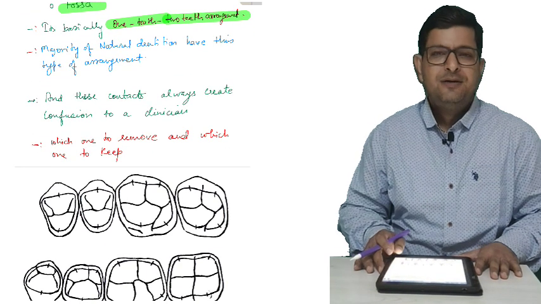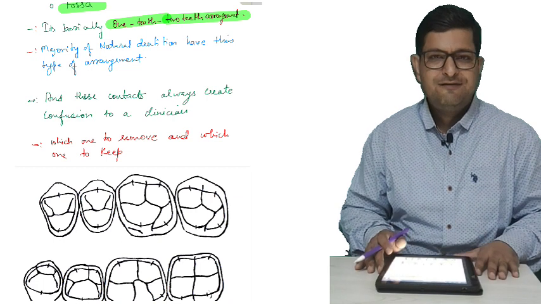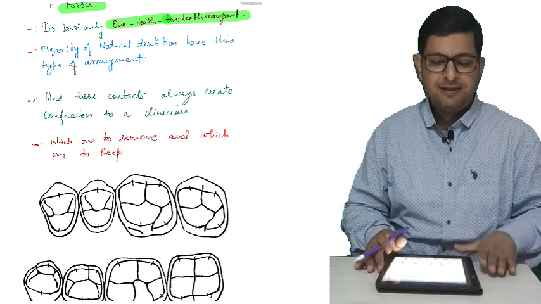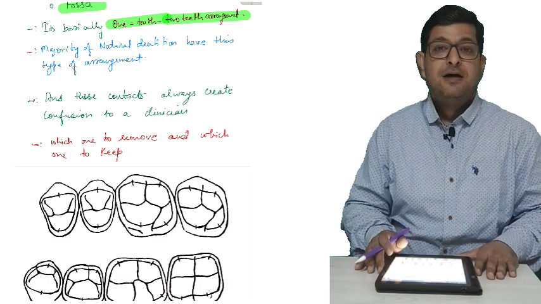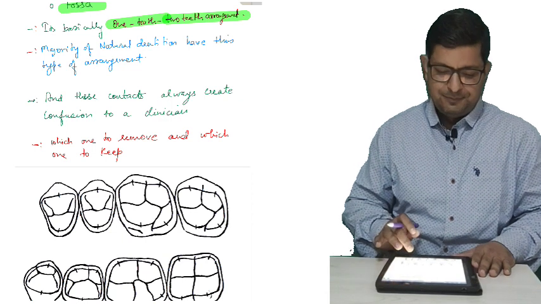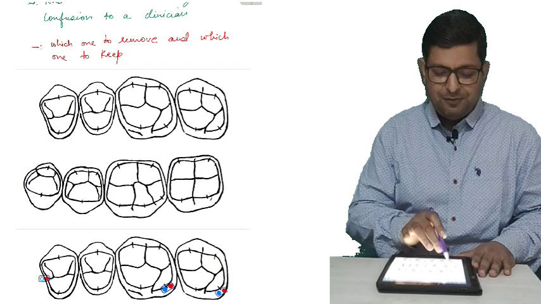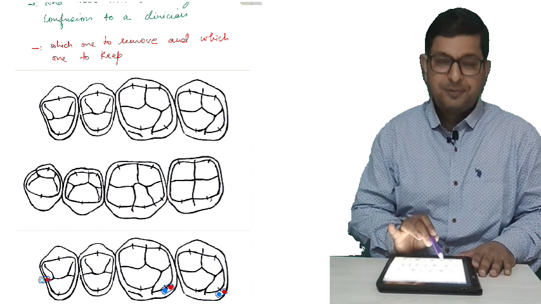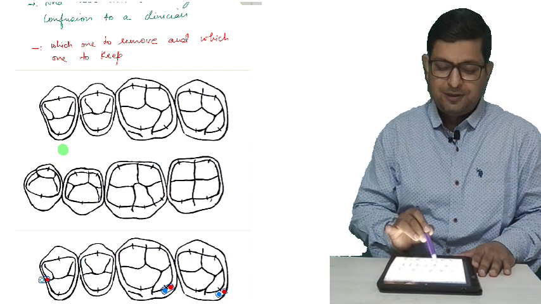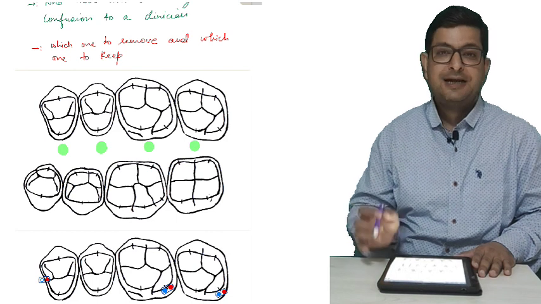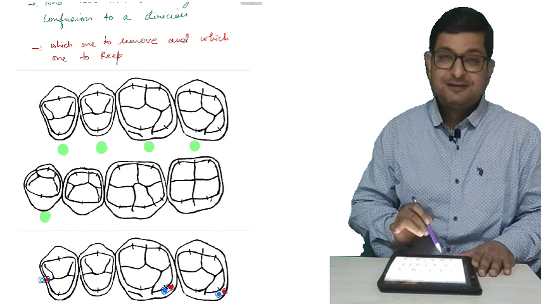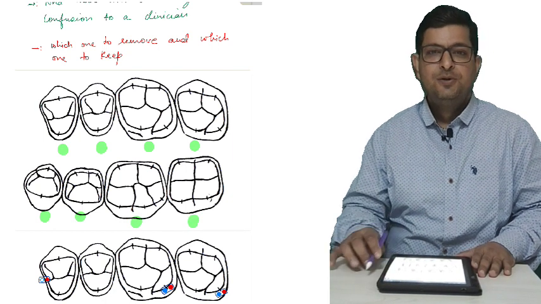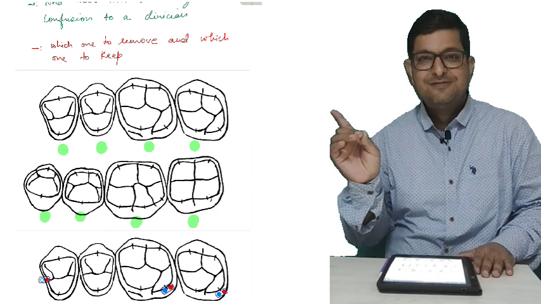During undergraduation, it's the most difficult topic, but believe me, it's very easy if you practice it and try to understand it properly. Then it makes your life easy, either in restoration or in full mouth rehab. For that, you have to draw like this: the upper first premolar, second premolar, first molar and second molar, and the lower first premolar, second premolar, first molar and second molar.